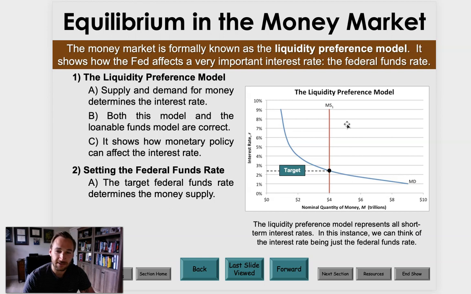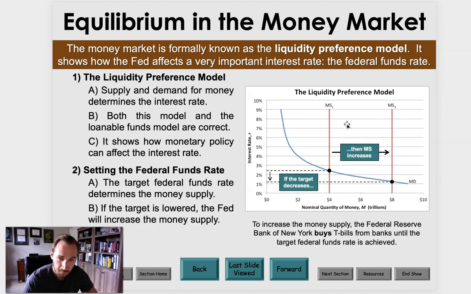The Fed targets what they want the rate to be, and then they change the money supply to make that rate a reality. Right now, the federal funds rate is super low, rock bottom. Mortgages are at an all-time low. Auto loans, I'm sure your student loans are also reflected in this. We want people spending money to try to avoid the recession. So right now, the Fed has targeted a very low funds rate.